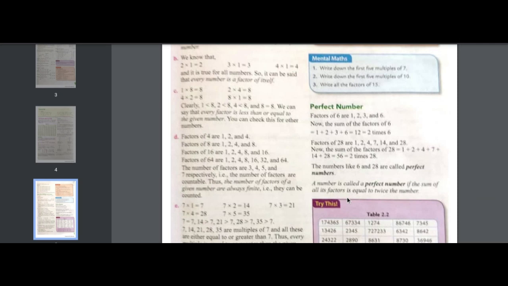So we are trying to find the factors, and it starts in ascending order. It starts from 1 and it should stop at the given number. If I have to find the factors of 5, then 5 is present in the table of 1 and in its own table. Simply like that. Okay. Next.